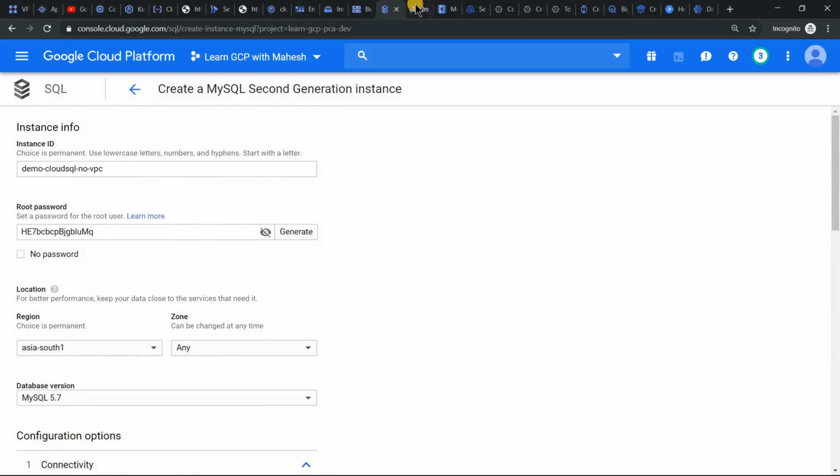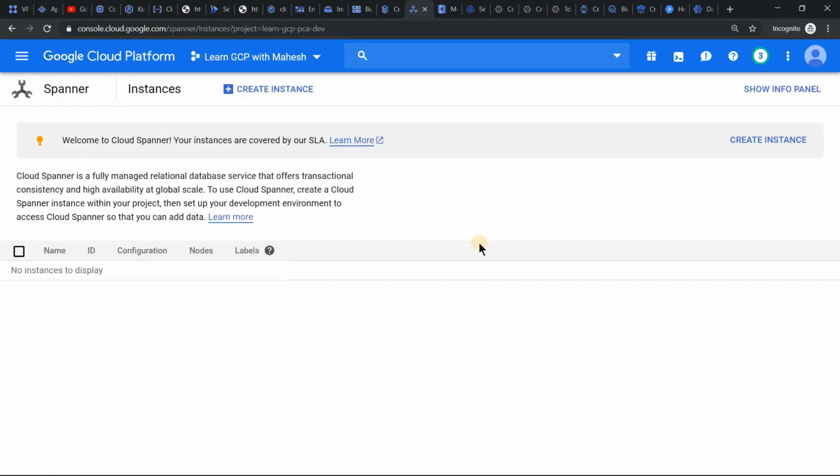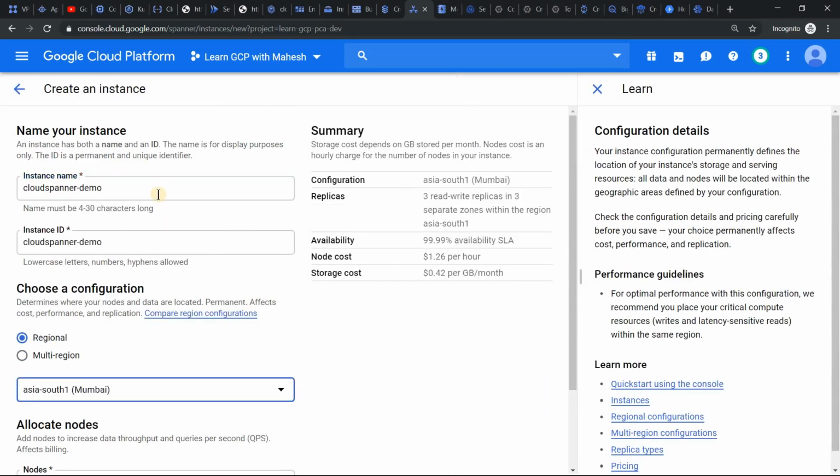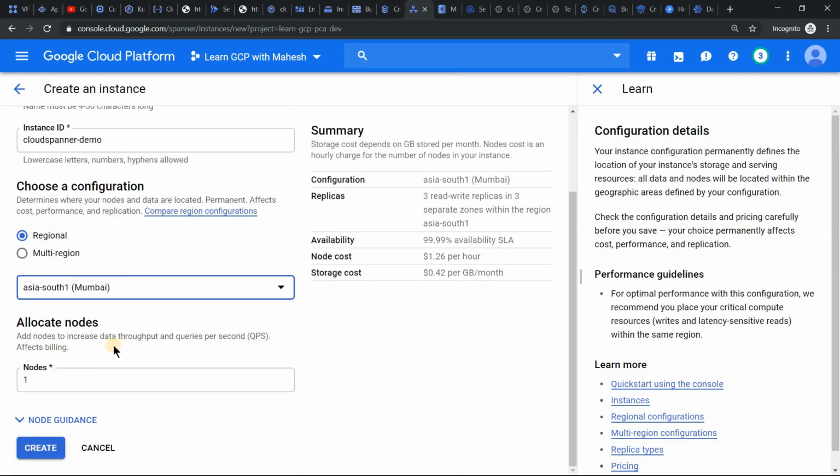All right. Now let's move on to the next component, which is Cloud Spanner, a horizontally scalable relational database. Let's try to create an instance and see whether it requires a VPC or not. All right, I have filled in the form. Let's just click on create and see whether it gets created.